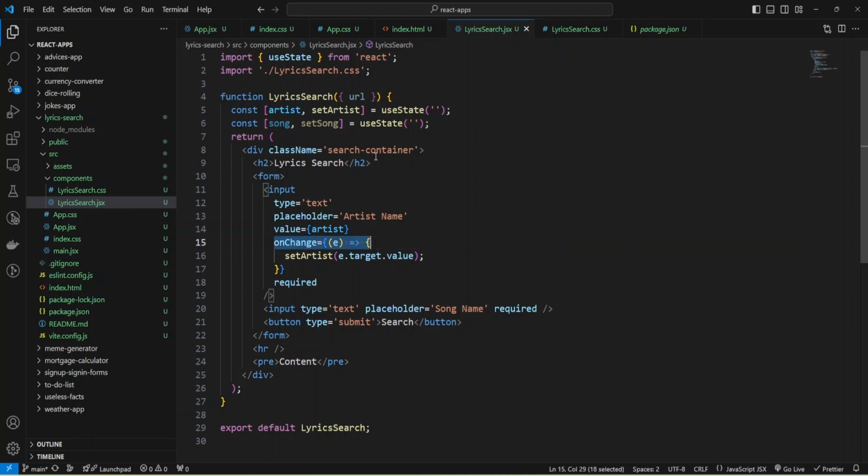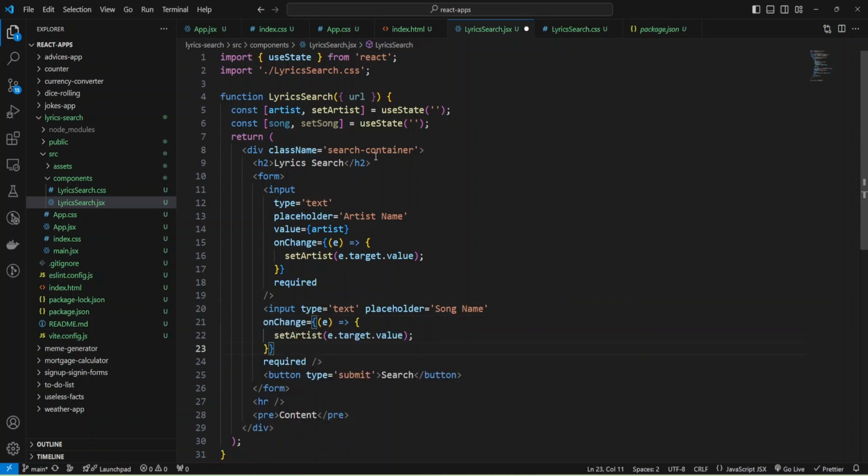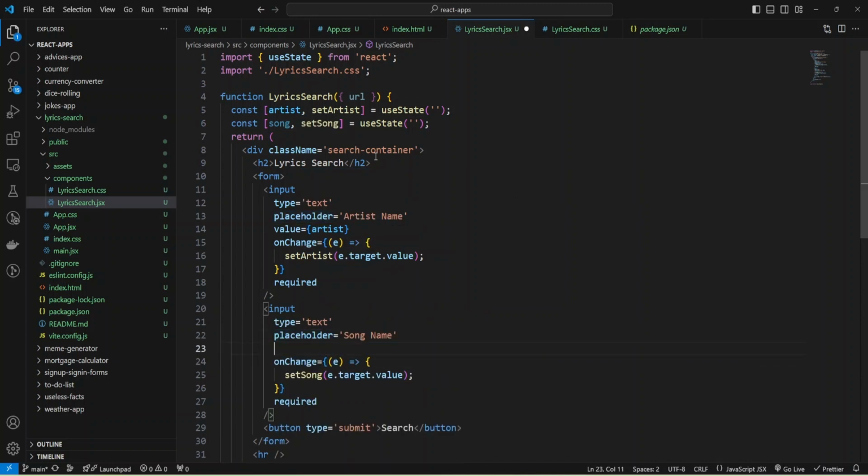Okay, and now I can copy paste my function to song name, but change it to setSong, and also I can define value as song.